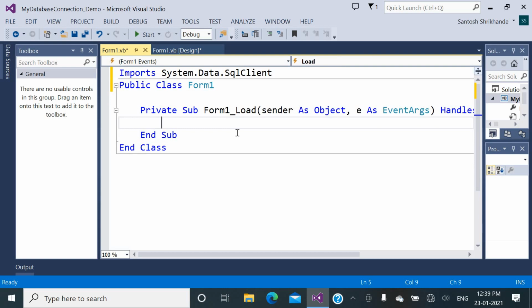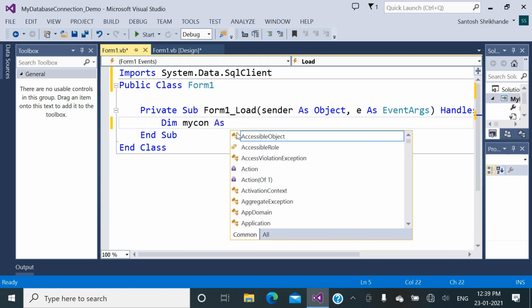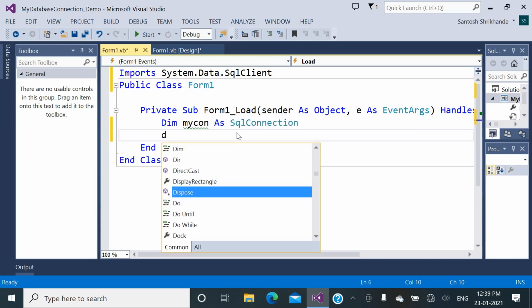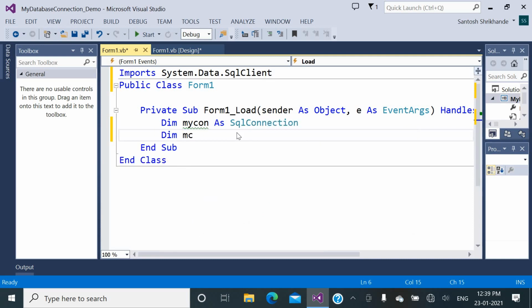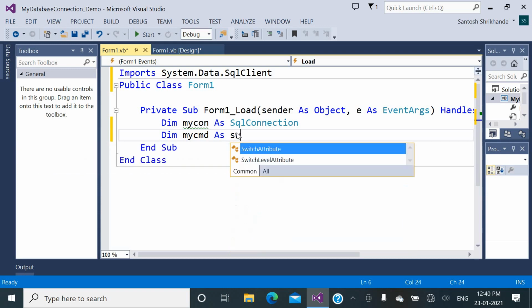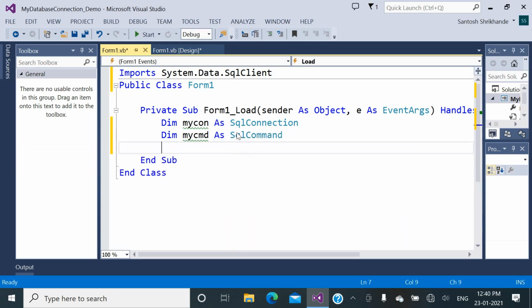So first of all, we have to create the variable of a connection class. The name of the connection variable I am going to give is mycon, Dim mycon As SqlConnection. Then Dim mycmd, this is the command class variable, as SqlCommand.